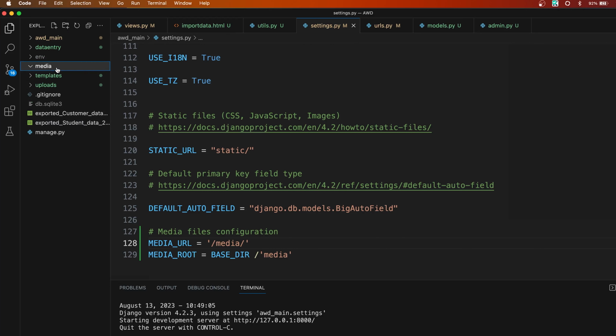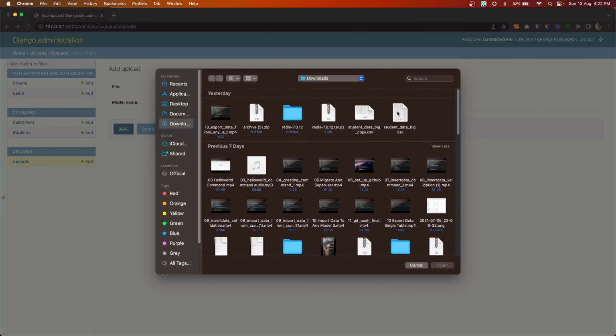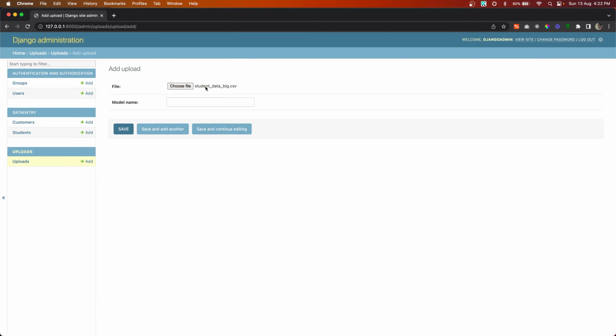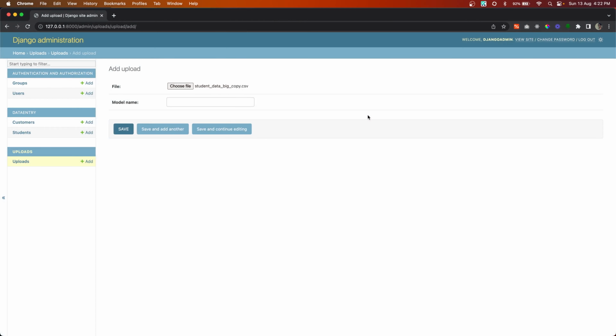Inside this media folder, we are going to store the files, whatever we upload inside the upload model. So I'm going to add upload and I'll upload this student data. This is a big, large data set. I'll not upload that now. I will upload this one, and model name I'll say student,